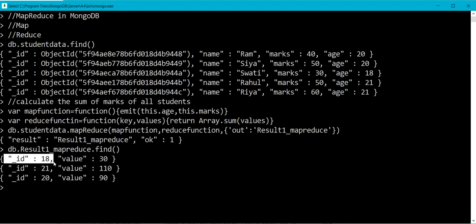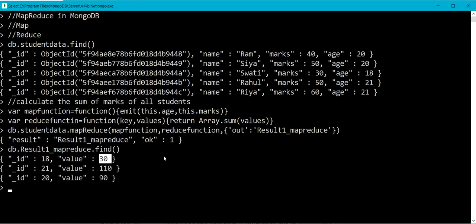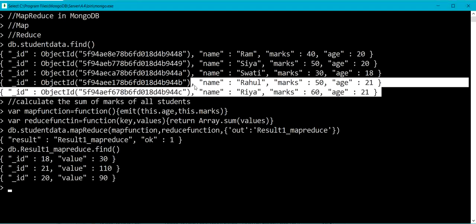So here I am having only one document for age 18. So I have got the value of marks as 30. I am having two documents for the age 21, which are Rahul and Riya, and marks are 50 and 60.